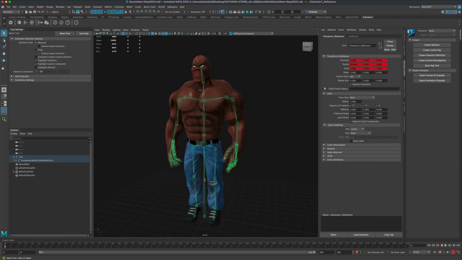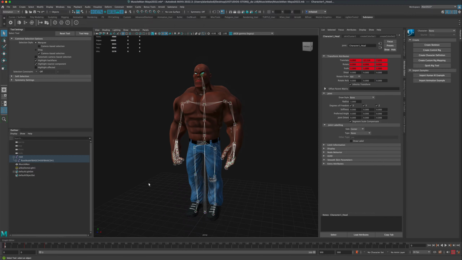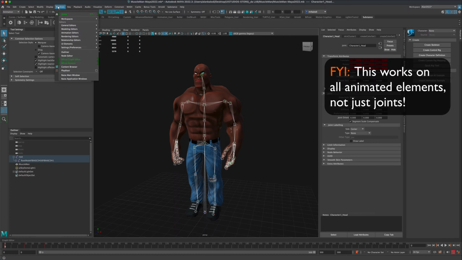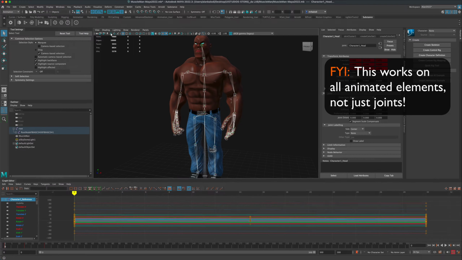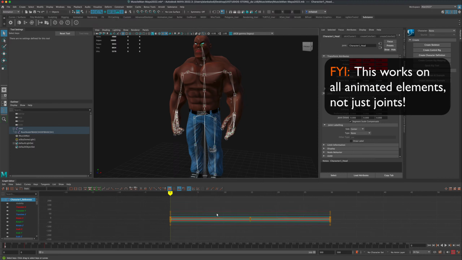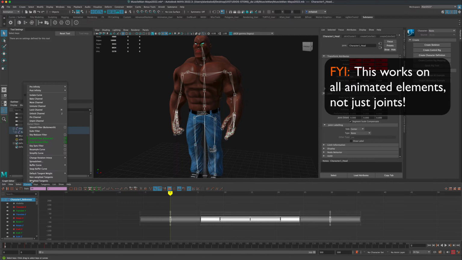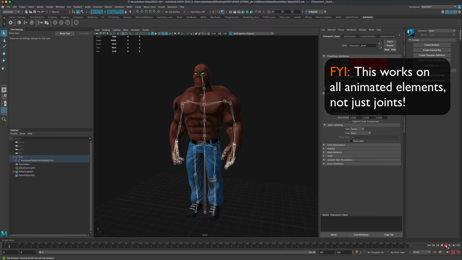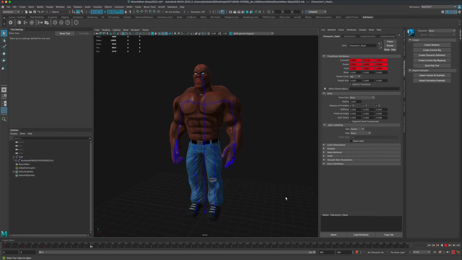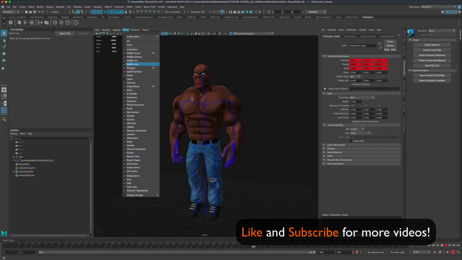So what I'm going to do is the same thing. I'm going to select the main joint and do select hierarchy, select all the joints. And now what I'm going to do is go to Windows, Animation Editors, Graph Editor, and what I can do now is select all the joints, go to Curves, go to Post Infinity and do a cycle. As soon as I do a cycle and press play, you can see that the animation will continuously play infinitely no matter how long the